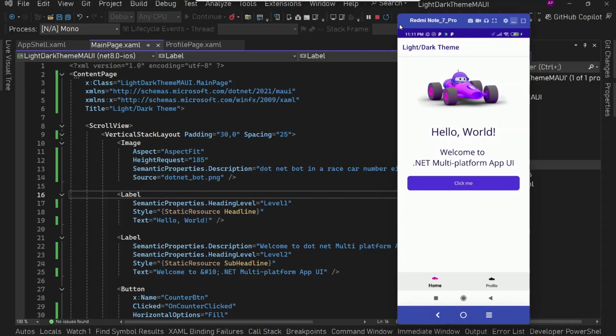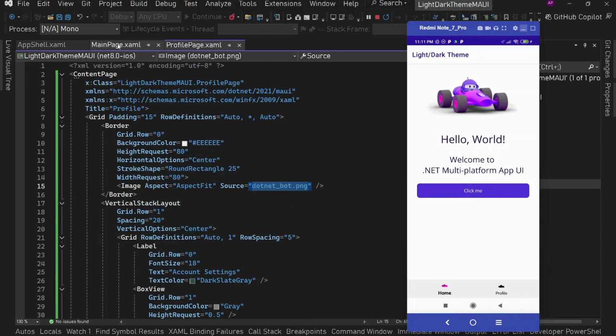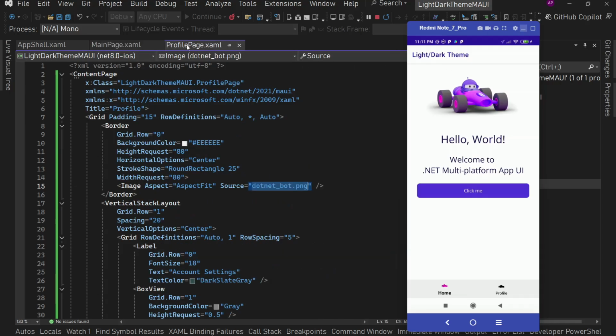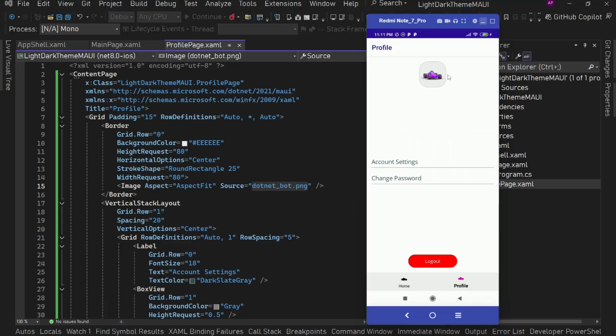Okay, so I have simply created this project. I added one page. I didn't change anything on the main page, so this is the same page. I just changed the title. So I added this light and dark theme. Then I added one content page with XAML, this profile page, and I have this simple UI on this page. So this is a border with this image which comes with the default template. Then I have these two strings, these labels with this box view, and then on the bottom I have this